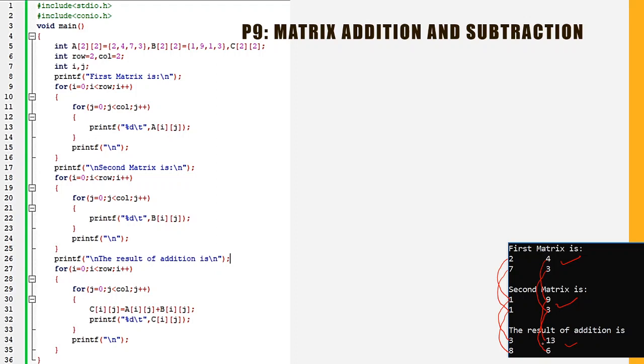So the logic should not be a problem for you, right? But the only thing that you have to see is how to access the particular elements together and make the corresponding addition. Right now you know that every element of a matrix will be handled with the help of indexes, right? So for the purpose of addition and subtraction, it is compulsory that the rows and columns should be equal. So this you have to check.